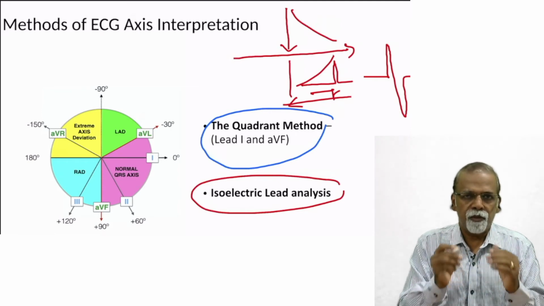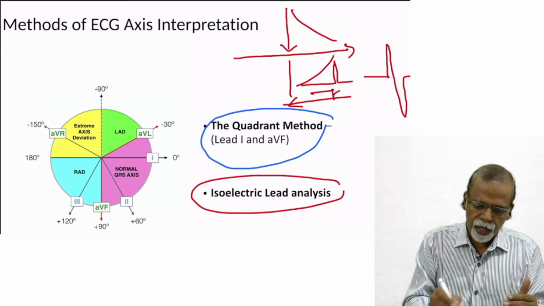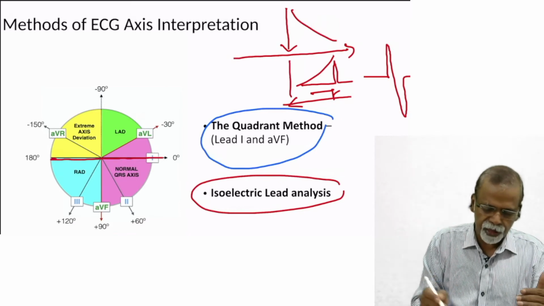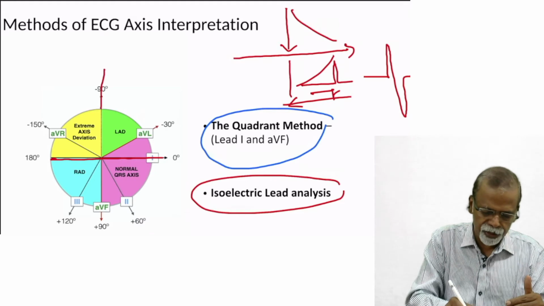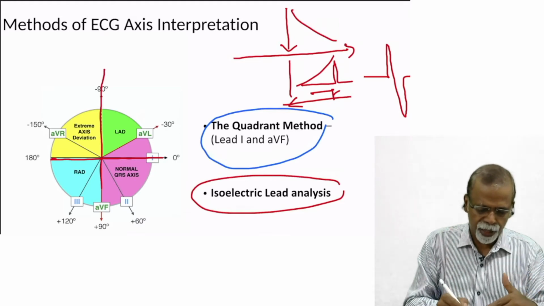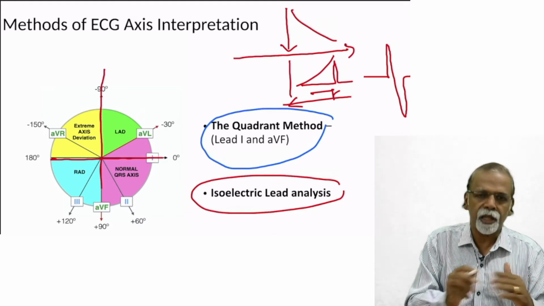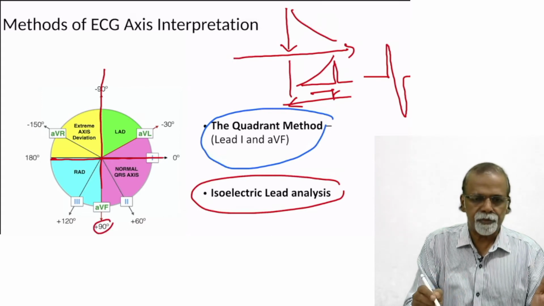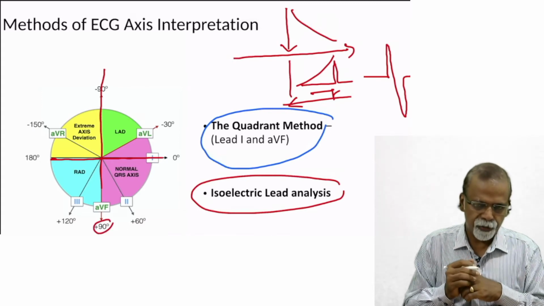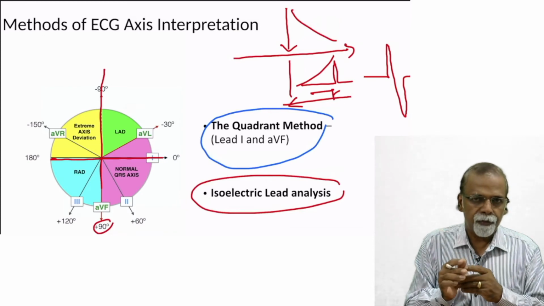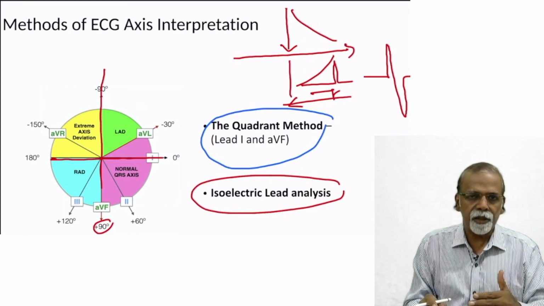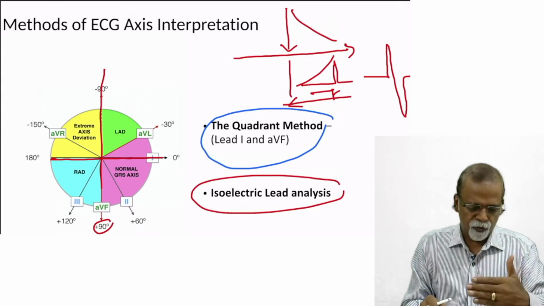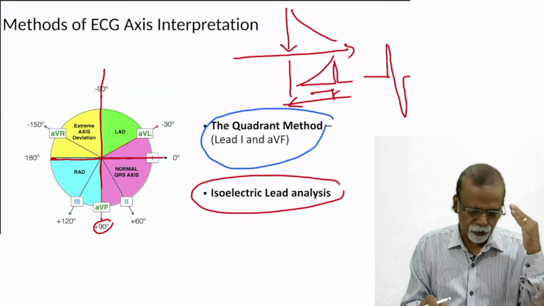That is, if lead 1 is having an equiphasic deflection, the meaning is that the current is going in this direction. So the axis will be in the direction of the AVF. So you can say it is plus 90. That is how you calculate. Whichever lead you get an equiphasic deflection, you take the lead which is perpendicular to that,